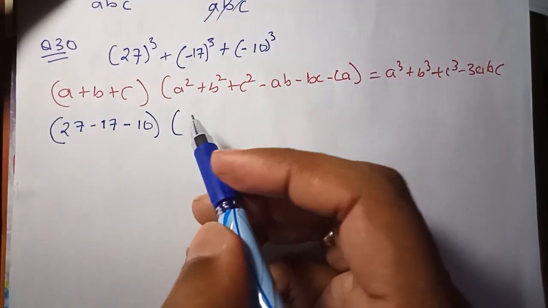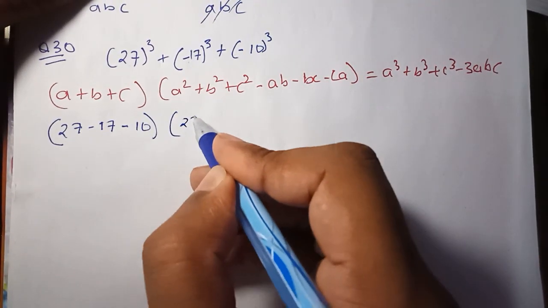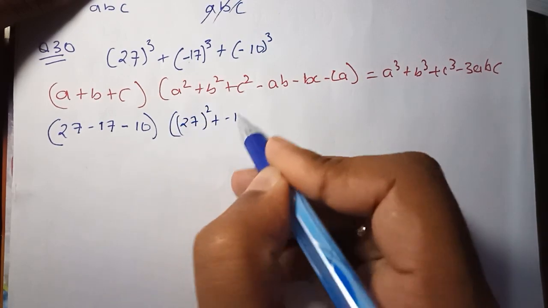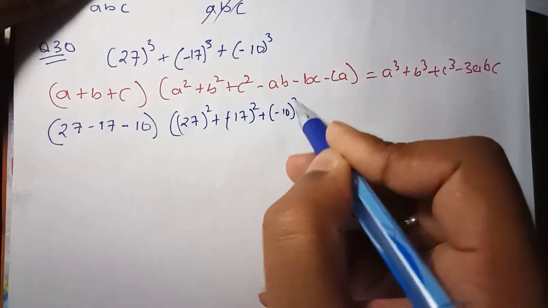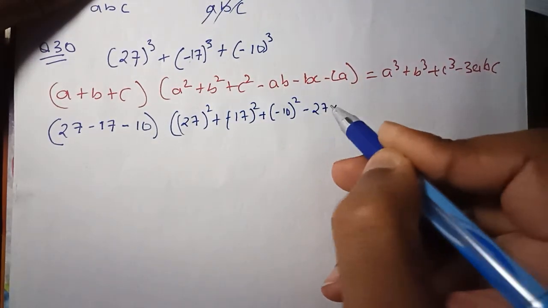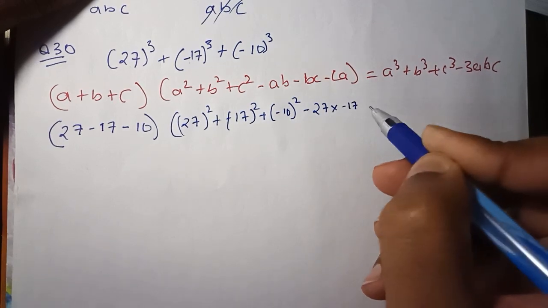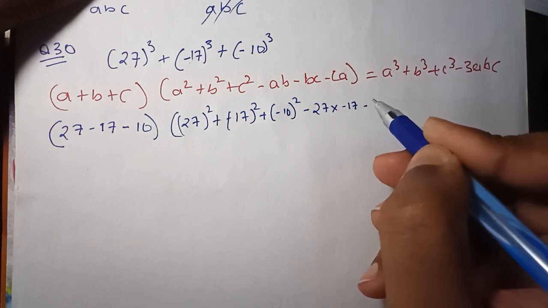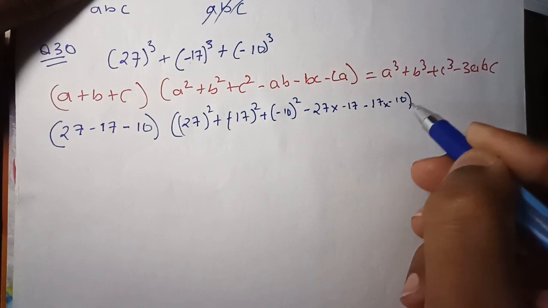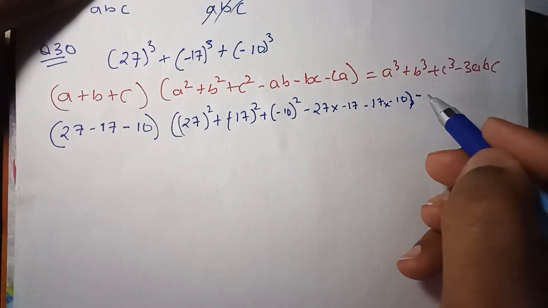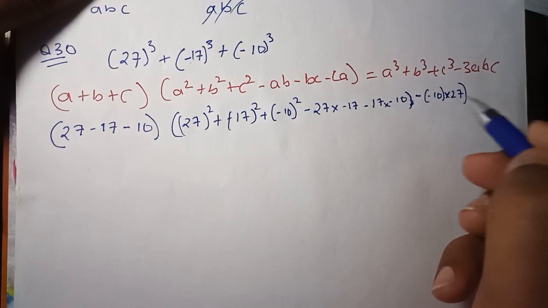Then in the bracket, I'm going to write 27 whole square plus minus 17 whole square plus minus 10 whole square minus 27 into 17, and then minus 17 into minus 10, and then minus 10 into 27, equals to,